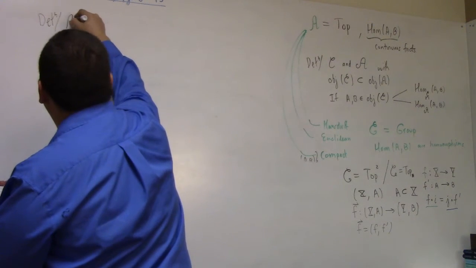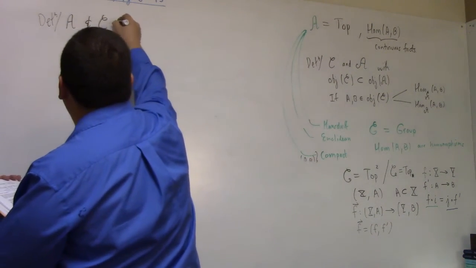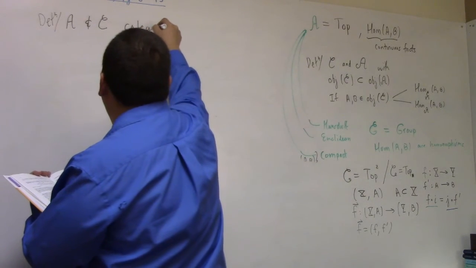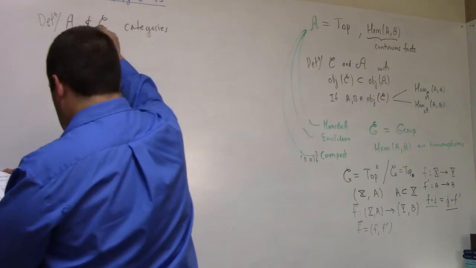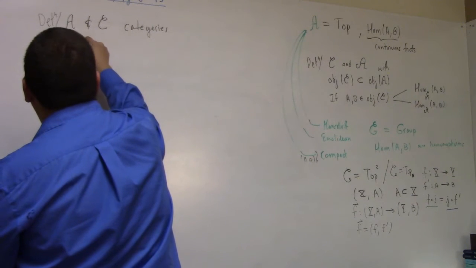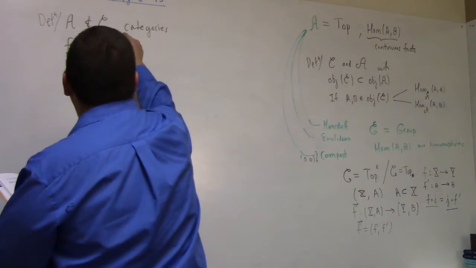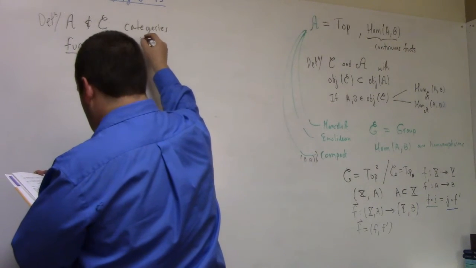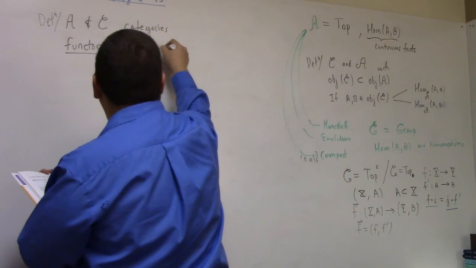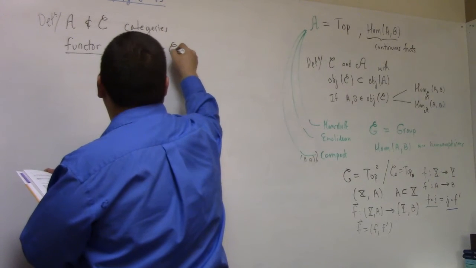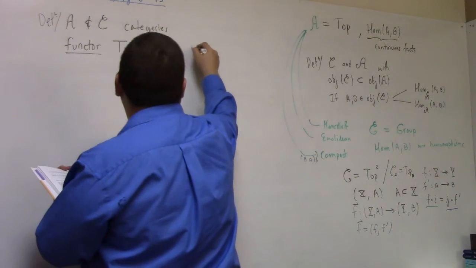If you have a category A and a category C, then a functor, which just sounds awesome, doesn't it, from A to C is a function